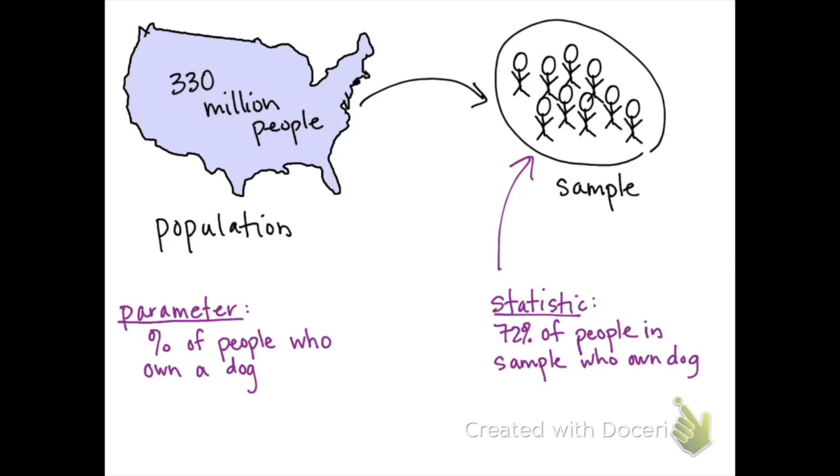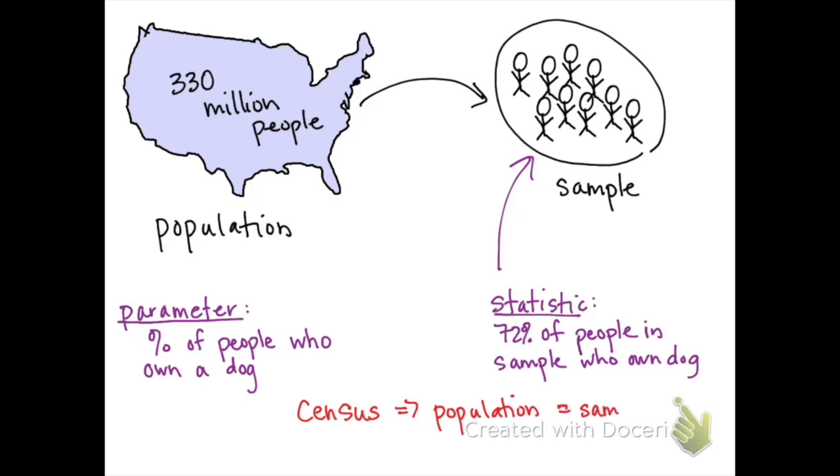And remember, the vocabulary term for that would be census. So if we were to actually look at every single person or poll every single person in the population, then that would be a census. So a census is when the population is actually equal to